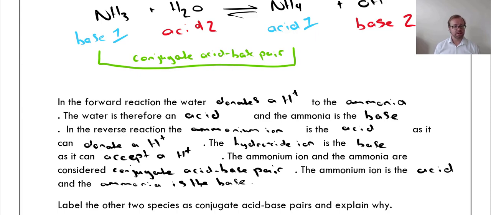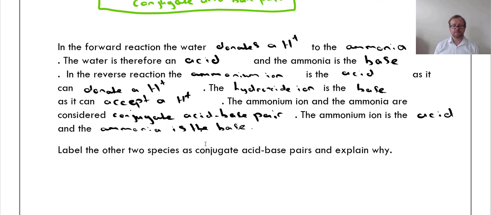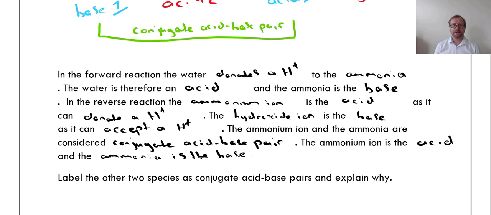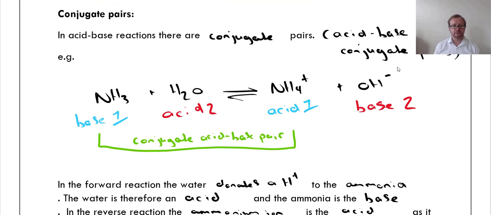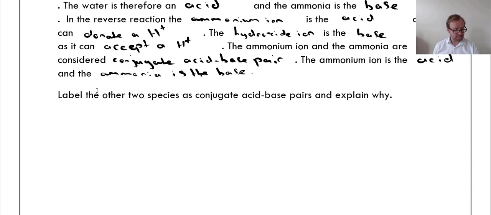So just to make sure you've got it, have a go at doing this. Label the other two species as conjugate acid-base pairs and explain why. Okay, so I'm sure you've managed to do this, especially if there's only two species left. So this would be our conjugate acid-base pair. And we can describe it as a conjugate acid-base pair because